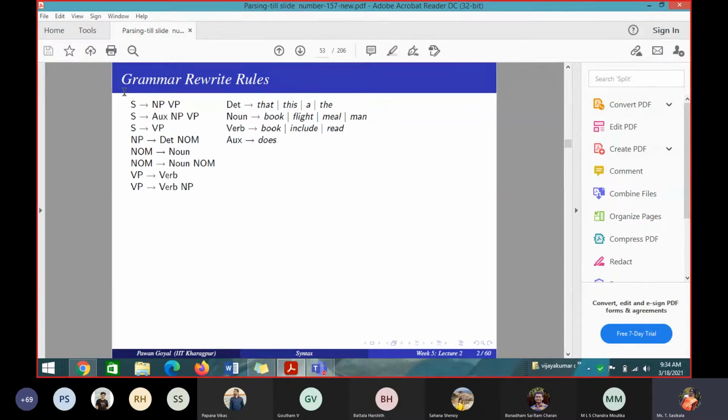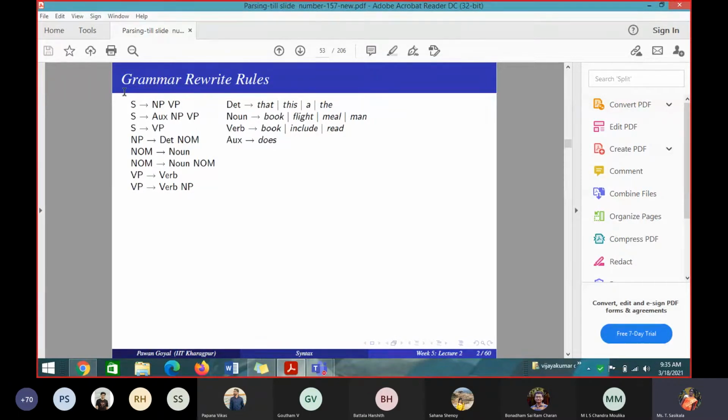As the name implies, in the top-down method, we start with what and end with what? You have seen how a tree looks, right? A parse tree. So we have a top-down method and a bottom-up method. Can you tell me, any one of you? Top-down construction of a parse tree means using these production rules, I will be constructing a parse tree in two ways: one top-down, the other bottom-up.